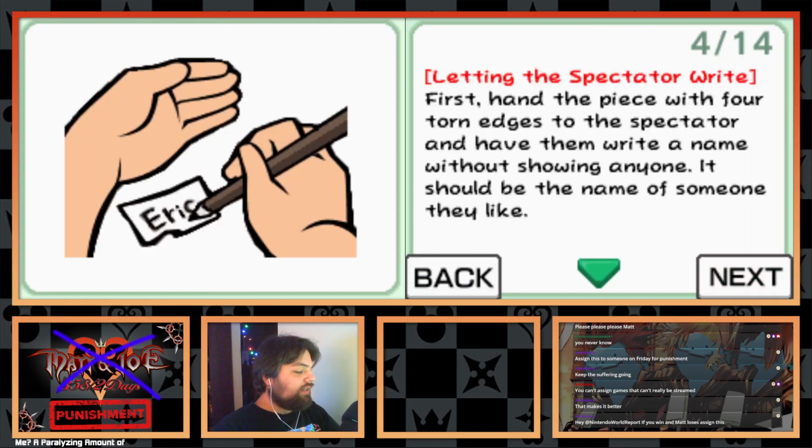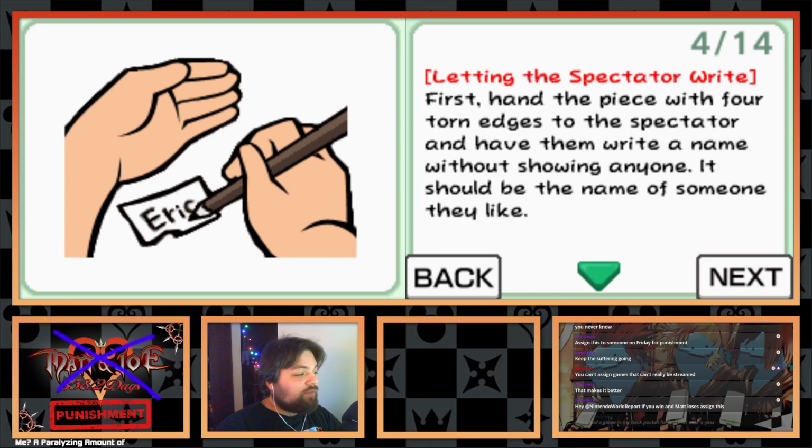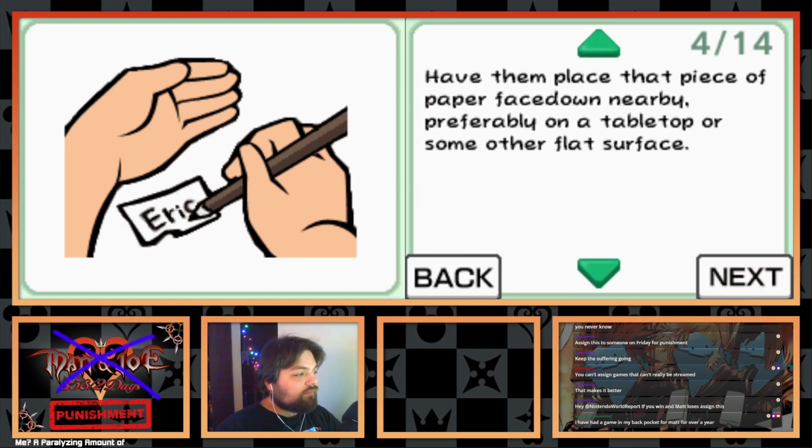So, letting the spectator write. First, hand the piece with 4 torn edges to the spectator and have them write a name without showing anyone. It should be the name of someone they like. Have them place that piece